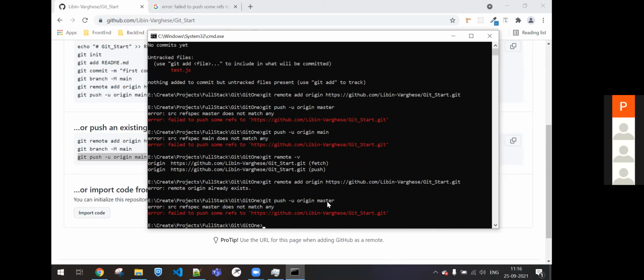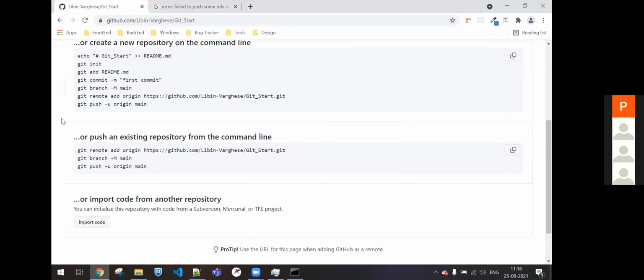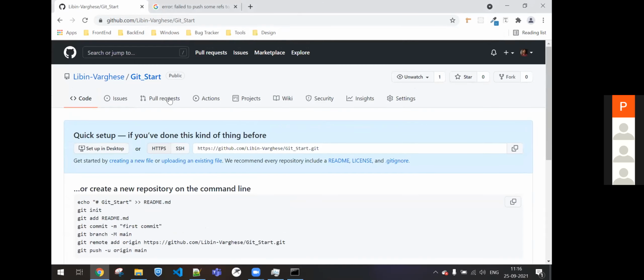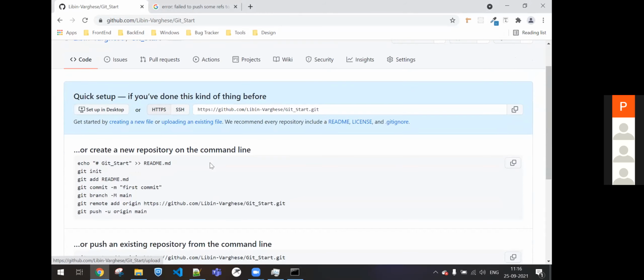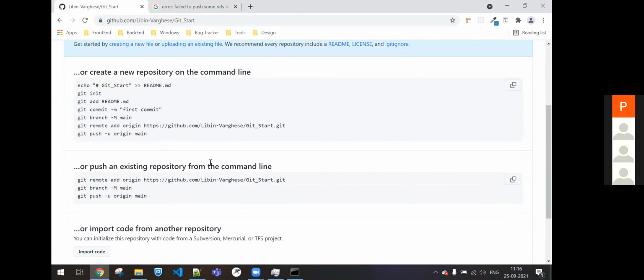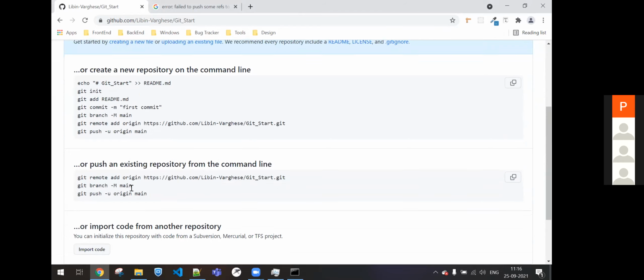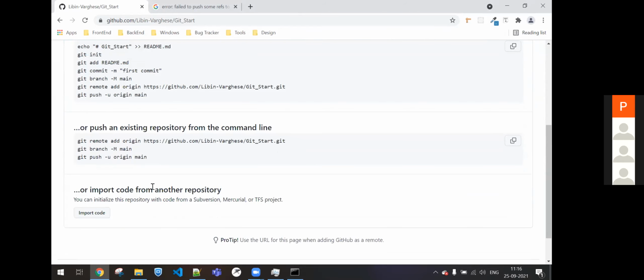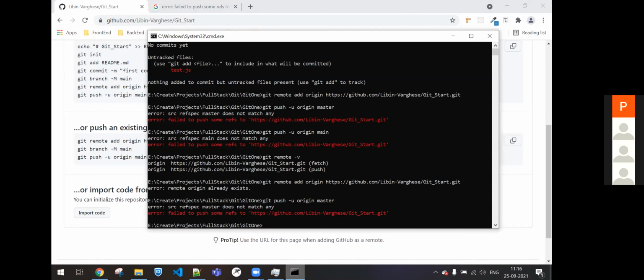Src master does not match any. Okay. So you made any commits in your local, by the way?